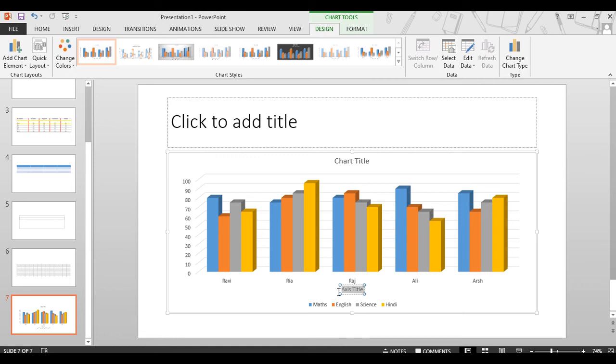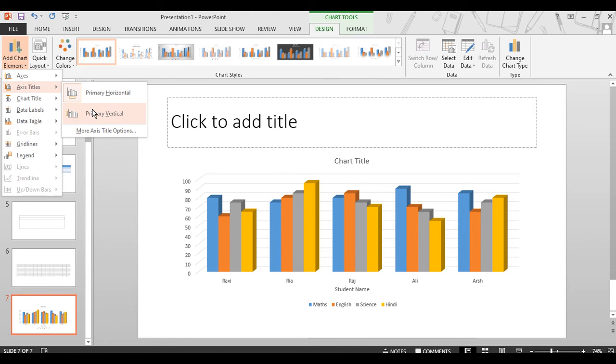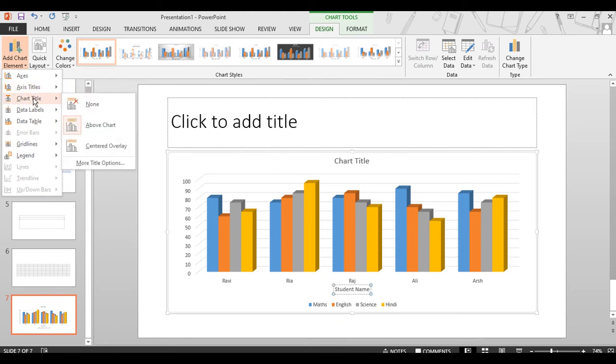Here we want to write the name of student. Similarly, you can insert the axis title for the vertical axis, then you can insert the chart title, then